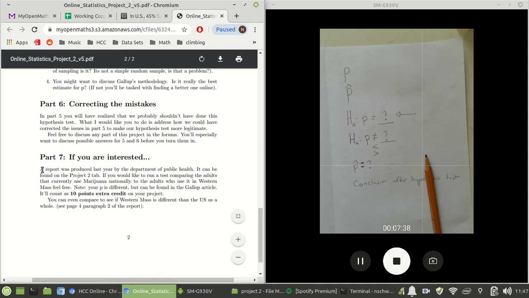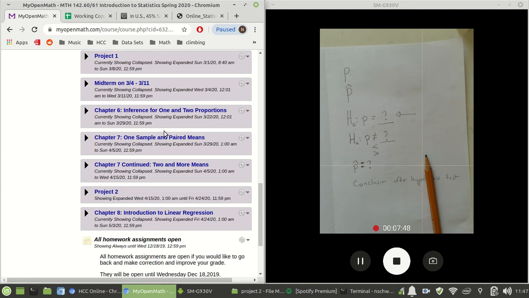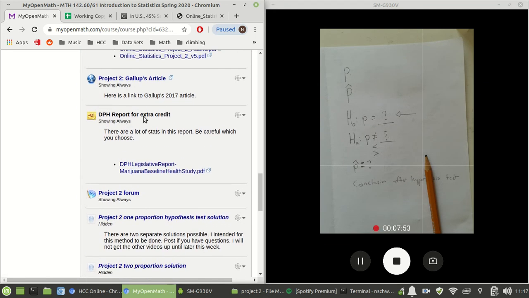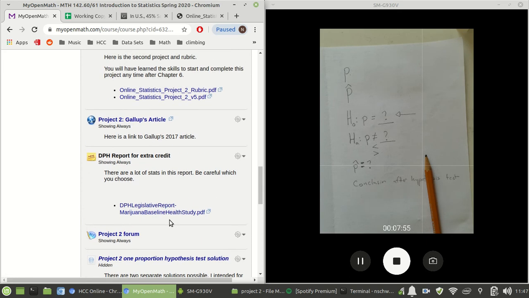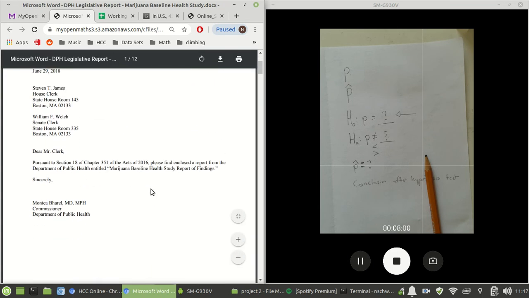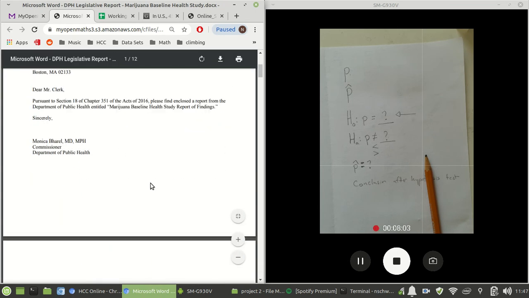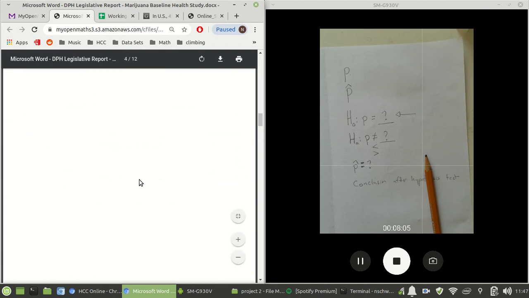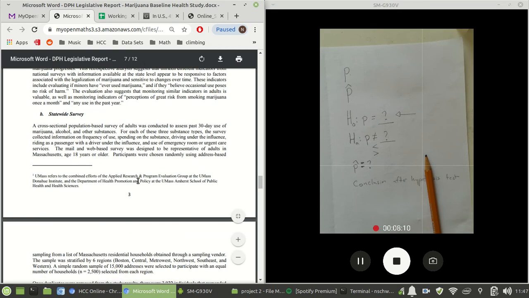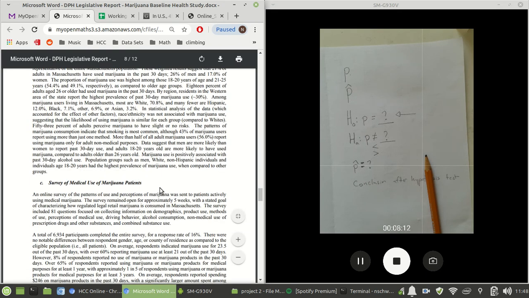And then if you're interested, you can use a different p hat, which was produced by somebody else, right? Somebody a little bit more official than our stats class. If you go to, oh, right here. Okay, you click on this, and you have to read through all of this. Look how official this is. You got to find the p hat in here, so you have to look through this thing. Oh my goodness, so many words. And you'll find the p hat that goes specifically for